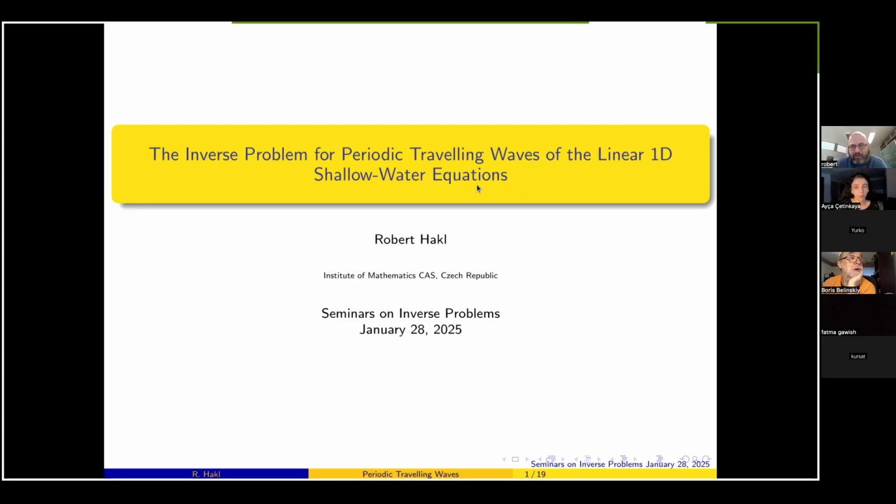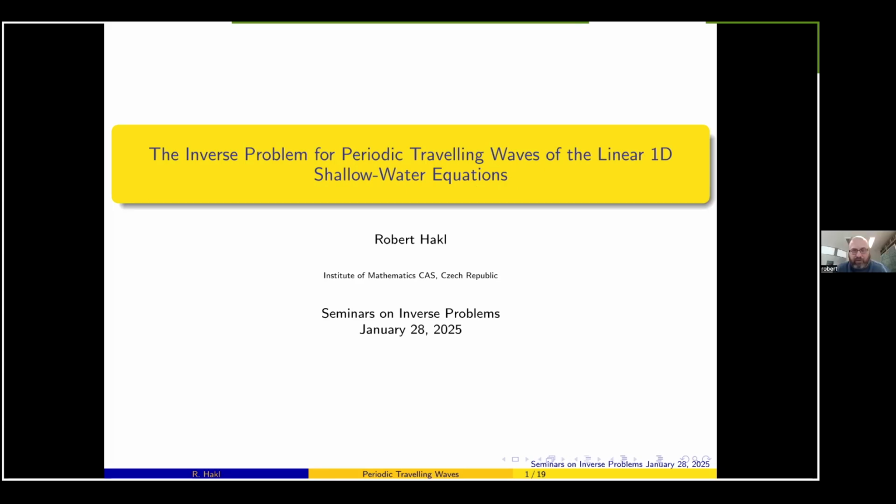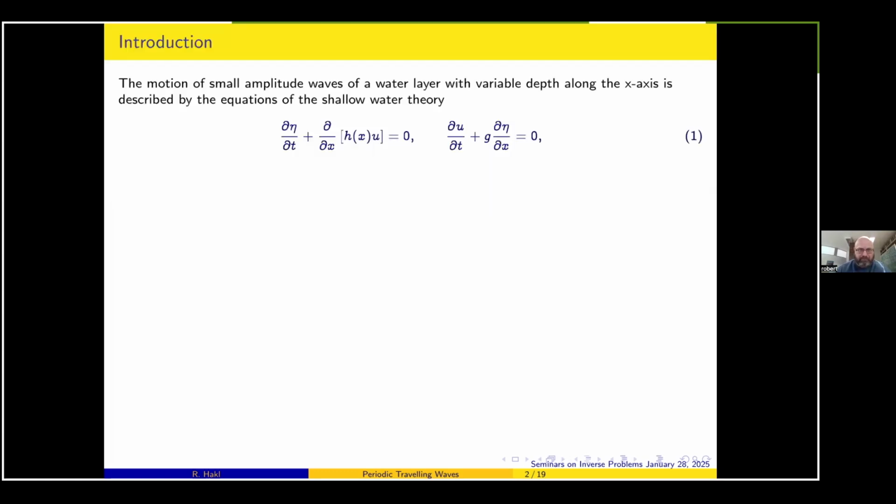The paper I will talk about is a joint paper with my colleague Pedro Torres from the University of Granada in Spain. In the shallow water theory, the motion of small amplitude waves is described by these two partial differential equations, where